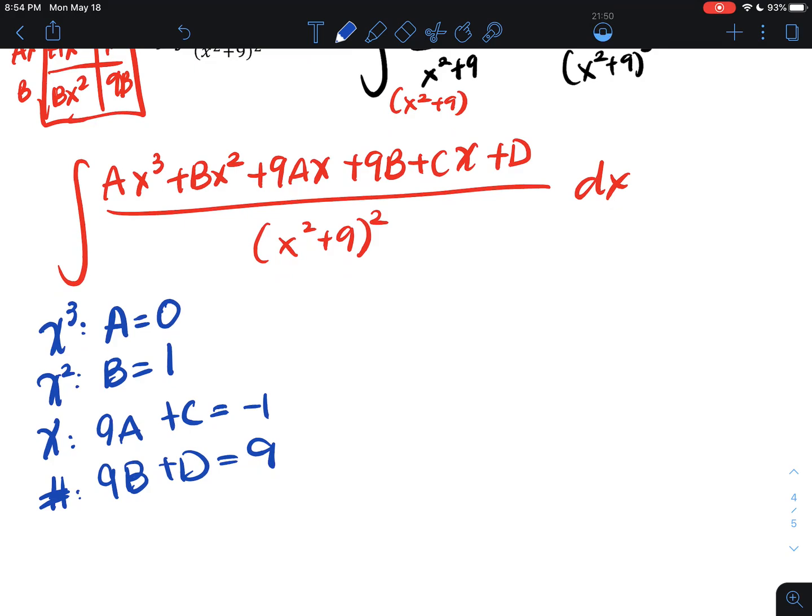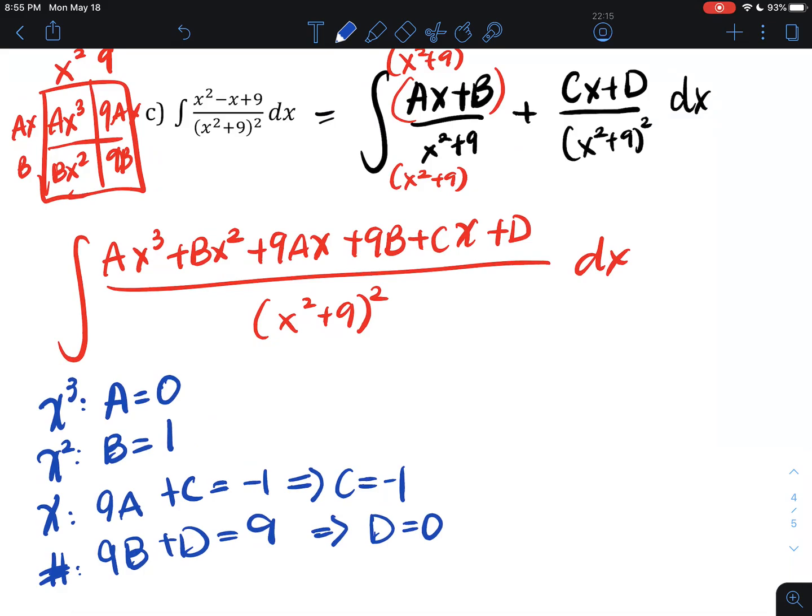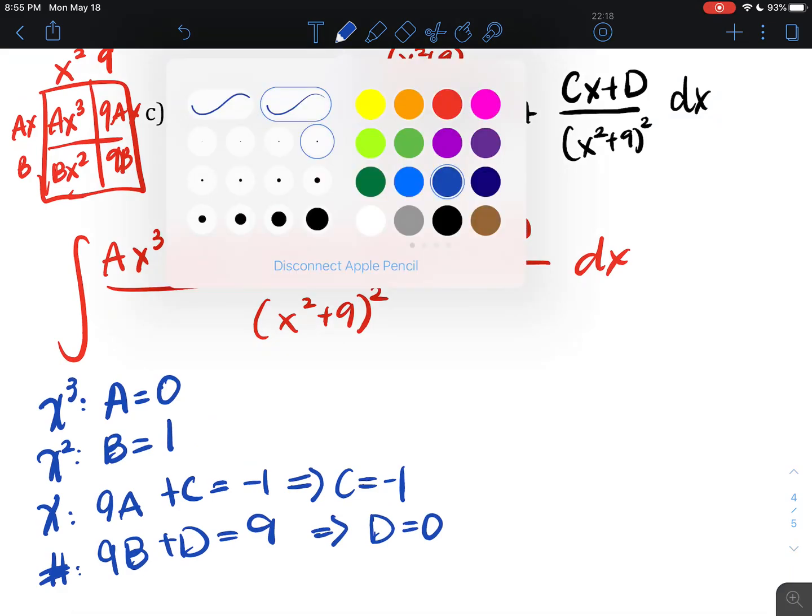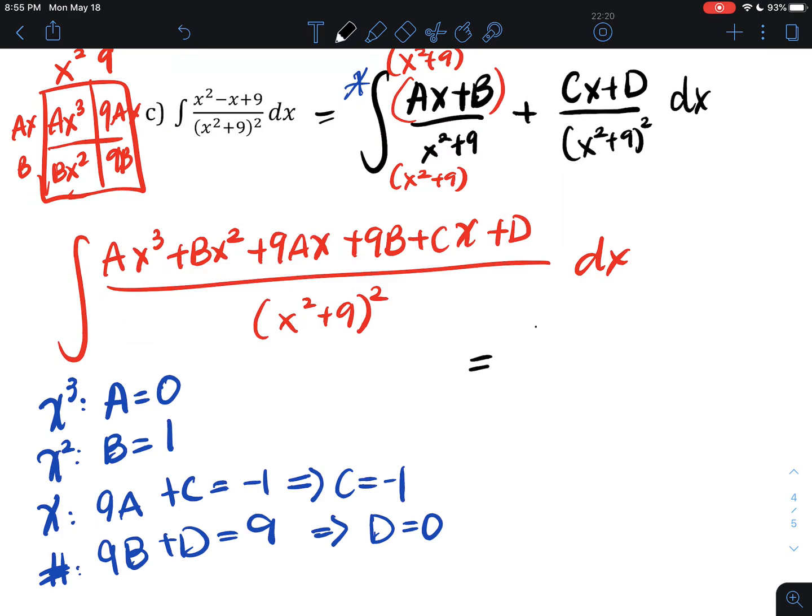Well, they already did 2 of them for us. And they gave me the value of a. So then in reality, this just equals to c equals -1. Here, we plug in 1 for b. So 9 times 1 is 9 minus 9. So then this becomes d equals 0. Okay, so now I can go back to this integral and actually integrate. So I have,